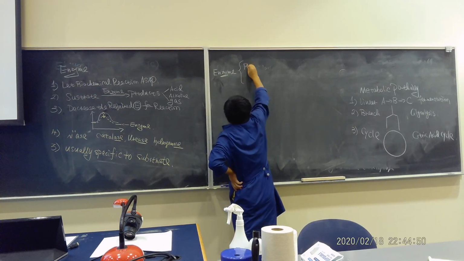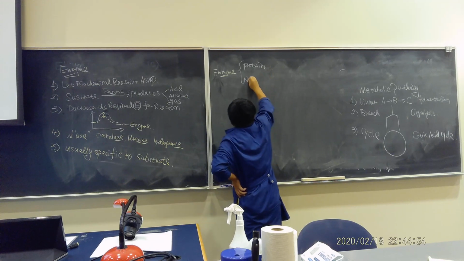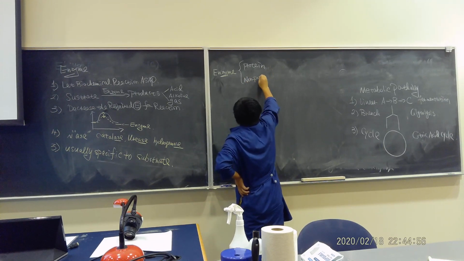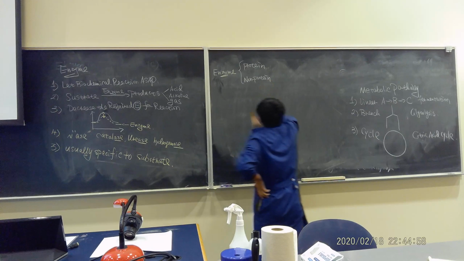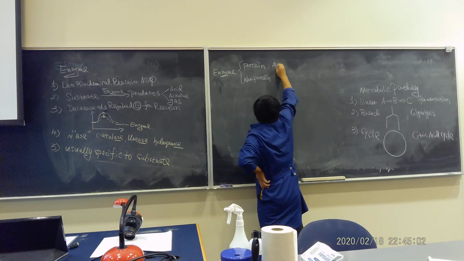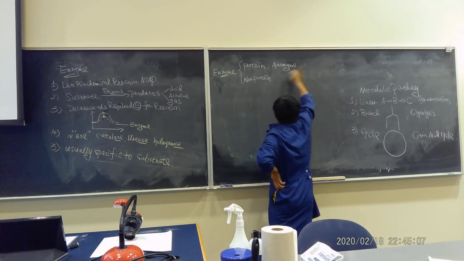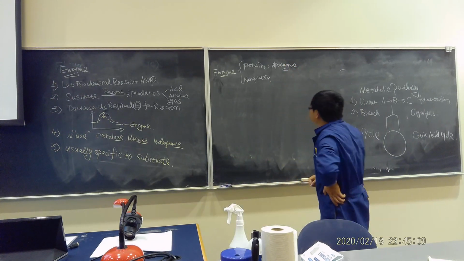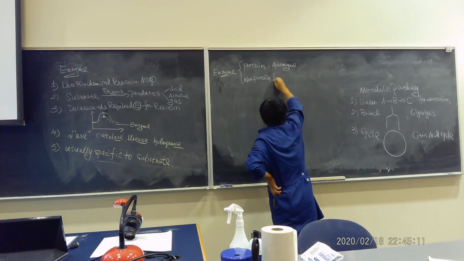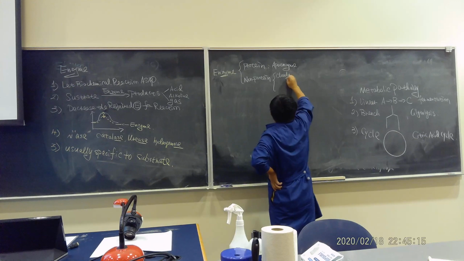There are protein parts and non-protein parts. The protein part, we call it the apoenzyme. The non-protein part, it depends. If it's closely attached